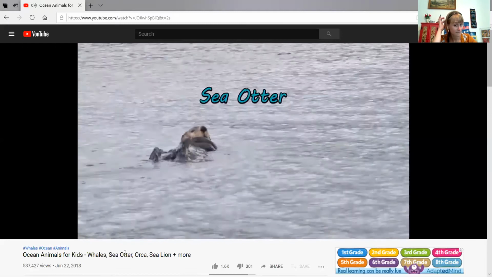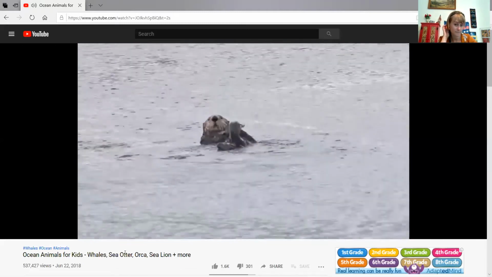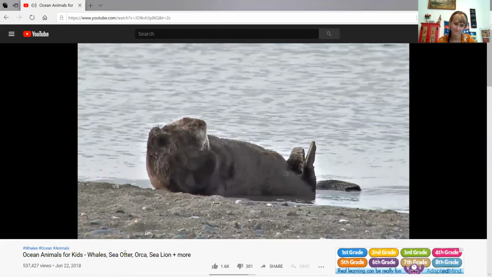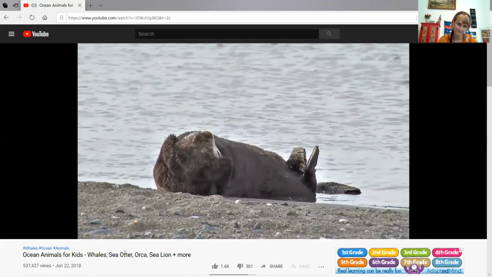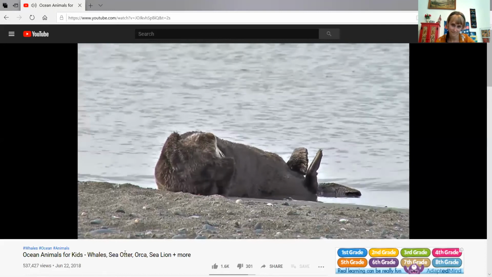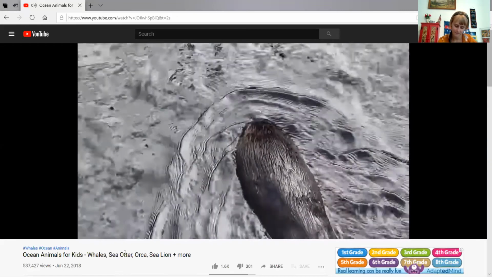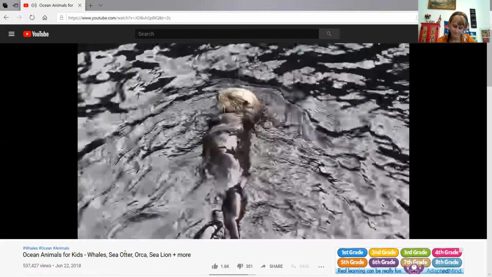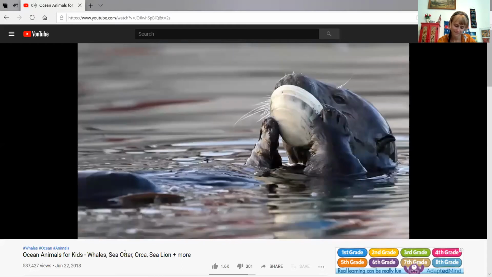The sea otter is another ocean mammal. It lives in the northern Pacific, in the shallow waters right along the coast. Sea otters are known for staying well groomed. Taking care of their thick coat of waterproof fur helps keep the sea otter warm. Did you notice their webbed hind feet? These help the sea otter swim. They're really good at diving to catch food. They can stay underwater for a few minutes. They hold their breath and look around. The sea otters can even close their nose and ears so water doesn't get in. What do they catch?